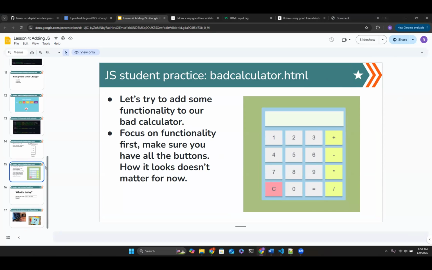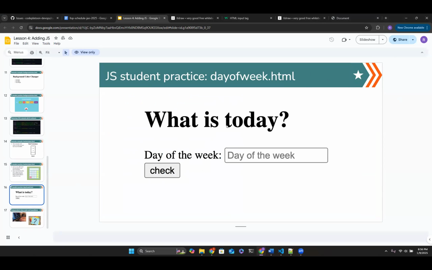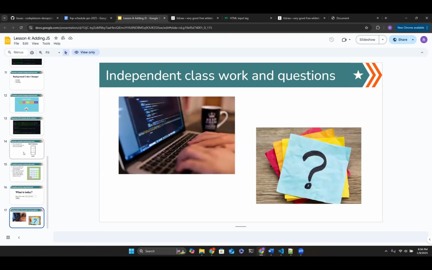So it's going to be a lot of individual work tomorrow and me jumping around breakout rooms and seeing how I can help you. Then we're going to have another assignment to use other types of elements to manipulate, like day of the week.